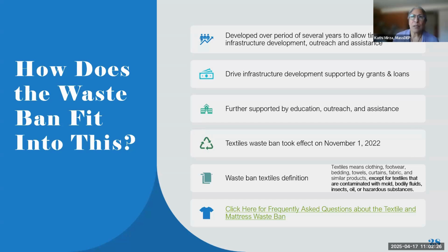The first waste bans were promulgated in the 1990s, and they're done by way of regulation under our statutory authority. And so changes occur over time. If you were to look at what items are prohibited from disposal in Massachusetts, you'll see common recyclables, you'll see items that are hazardous, and you'll see items that may have substantial reuse opportunities, like textiles, for example. Now, since the waste ban went into effect, which was a little over 2 years ago now, gosh, time flies,